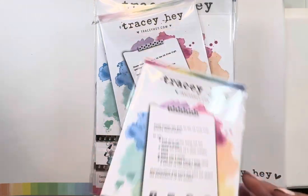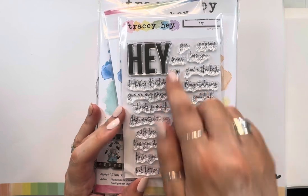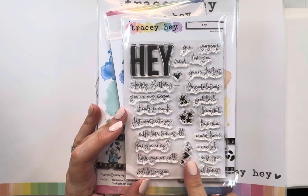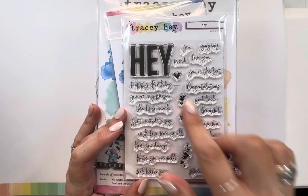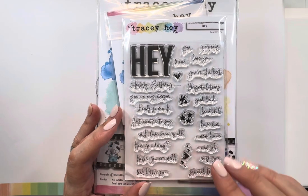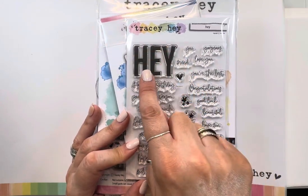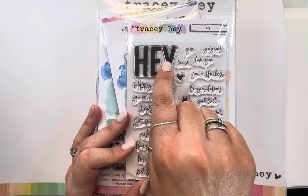So the first one is an A6 stamp set and it's called Hey, and it's a sentiment set. So you've got the big Hey and you've got all extra little sentiments and some accent stamps because obviously we don't leave any space on our stamp sets. We try and fill every possible millimetre of space if we can. So the idea being with this one is that you can stamp this. I mean, you could obviously stamp it in black if you want to, but you could use some paler colours and then you could stamp the extra parts on top of a lighter colour